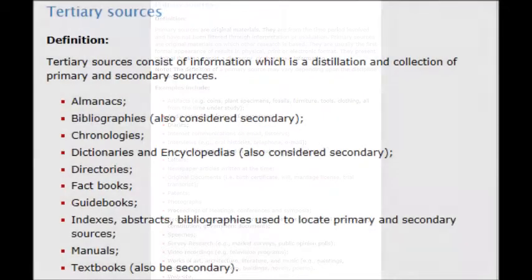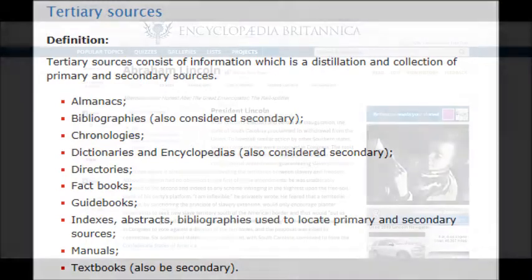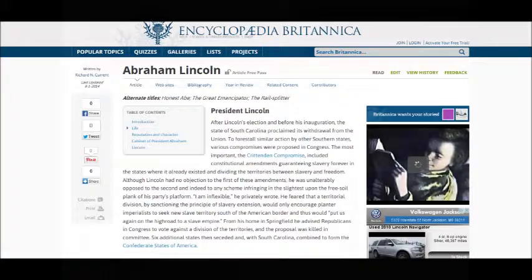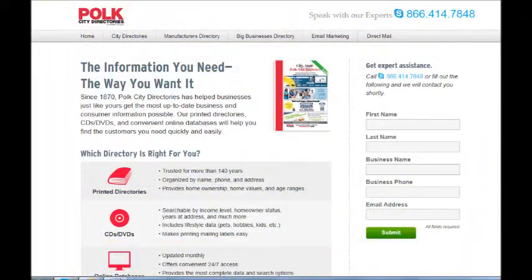To complicate the matter, the University of Maryland Libraries adds a third category to the mix, tertiary sources. These are defined as information which is a distillation and collection of primary and secondary sources. Tertiary sources can be thought of as compendia. According to this definition, examples of tertiary sources include the encyclopedia on Abraham Lincoln shown earlier, almanacs that compile weather data culled from other sources, city directories. For the most part, however, the distinction between secondary and tertiary sources is not as clear as the line between